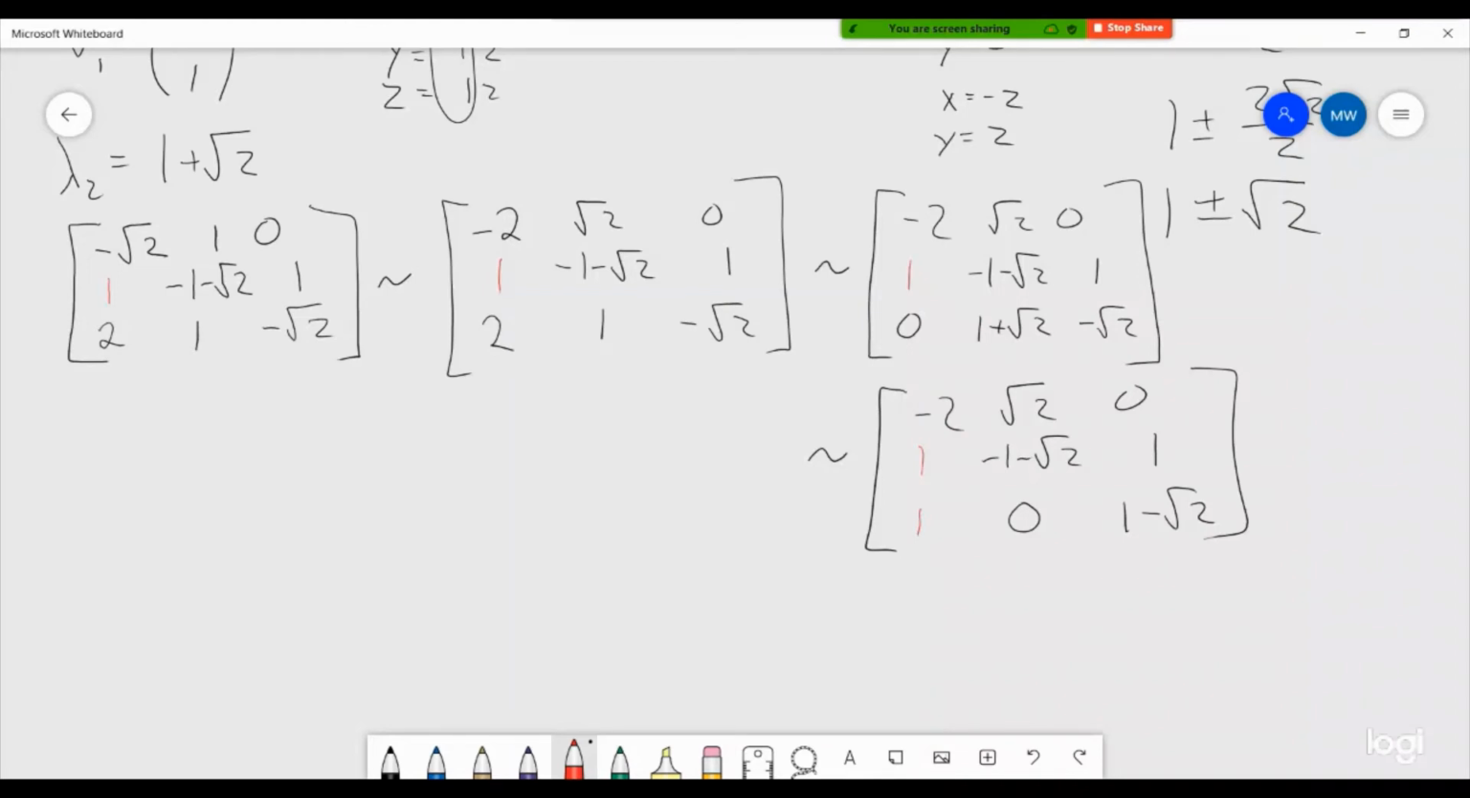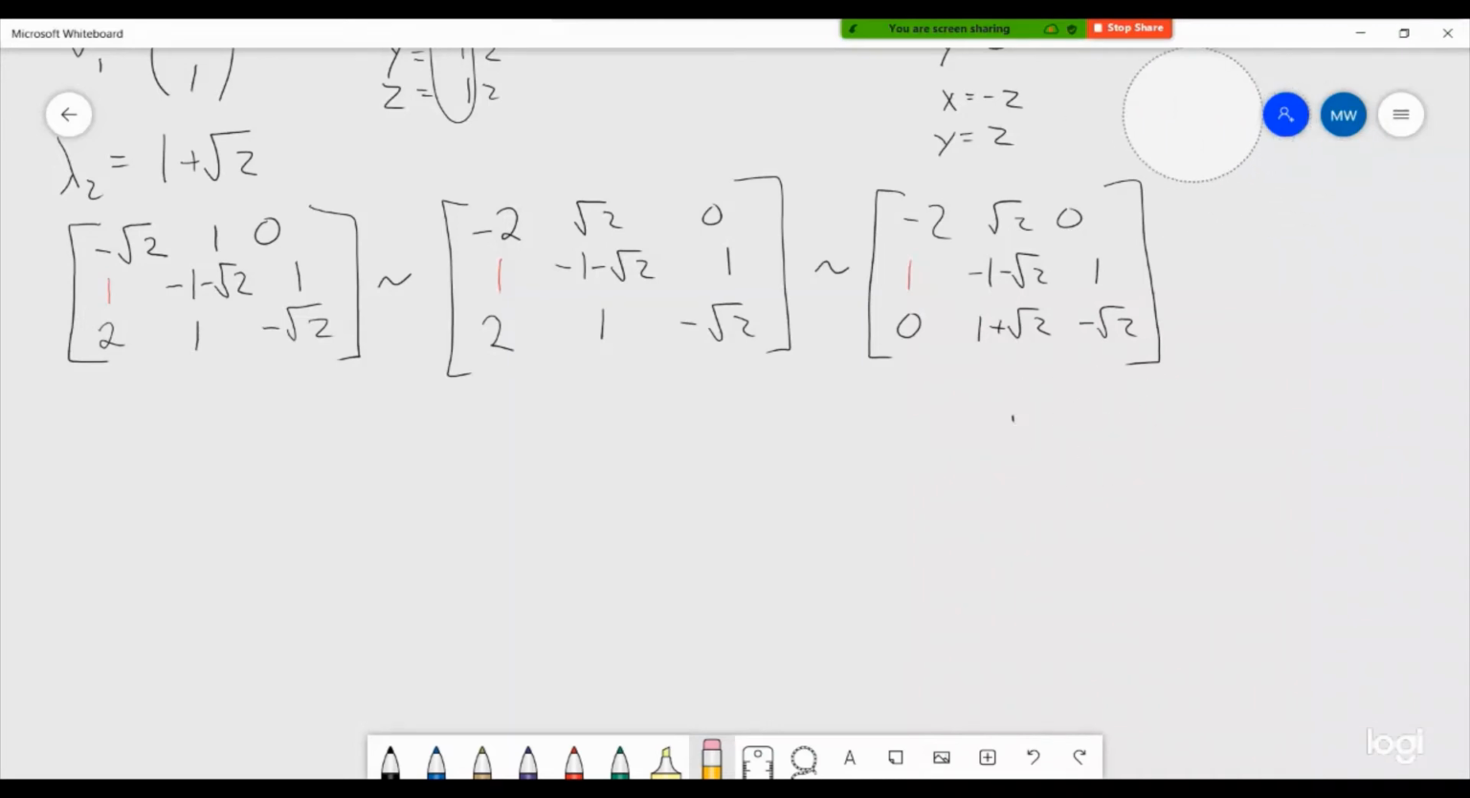Okay, so that tells us that this step is not going to help us, so we should back up to the point where we can continue to work through it. Okay. So, starting where we're at then, we can still add the third row to the second row. That'll help. So that's going to give us negative 2 root 2, 0, 1, 0, 1 minus root 2,